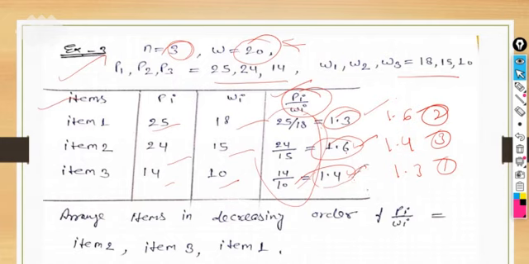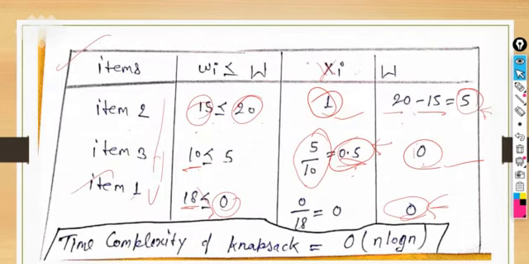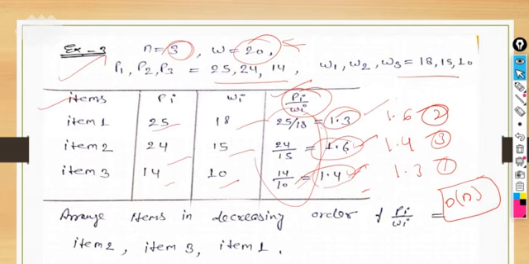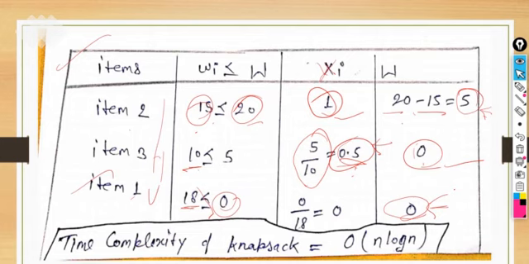But if we arrange it in decreasing order, now comparisons will exist. So order of n log n is the complexity for sorting it into decreasing order. The next thing, you have to trace it out, comparing each item's weight with respect to the total weight, with respect to the sorting we have already done, and the profit and weights that are given. Sorting takes order of n, and log n decides the depth of the tree, as we already know.